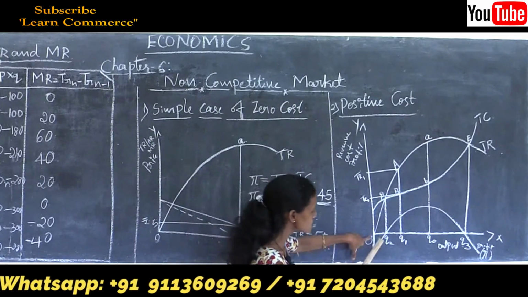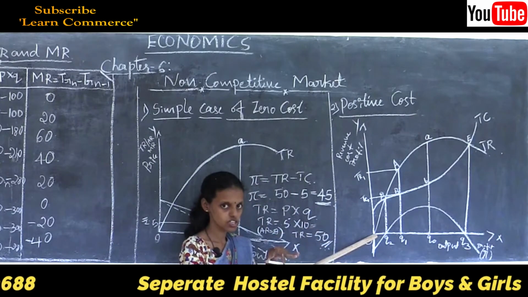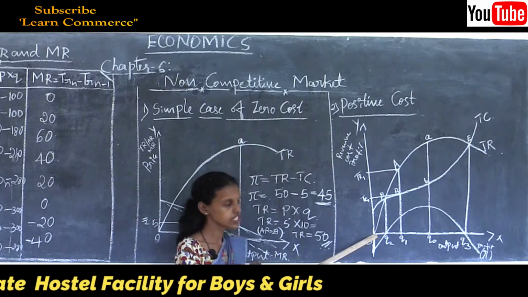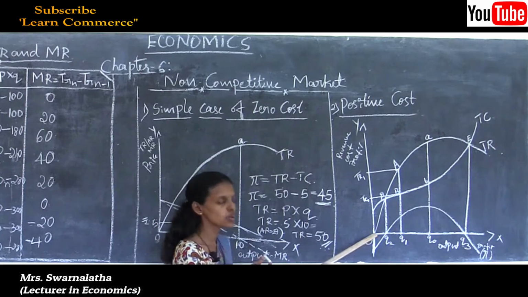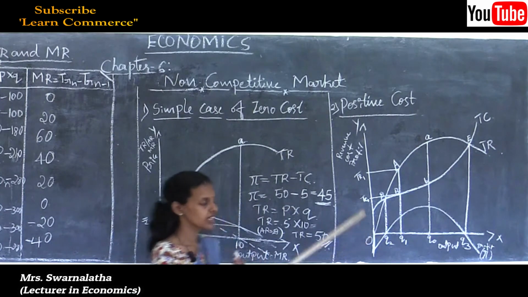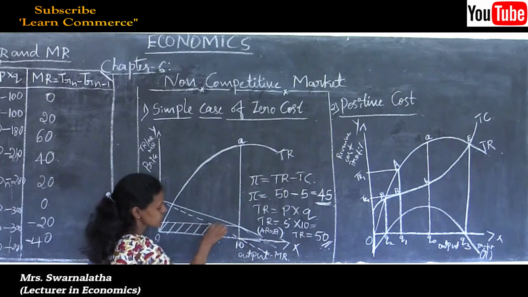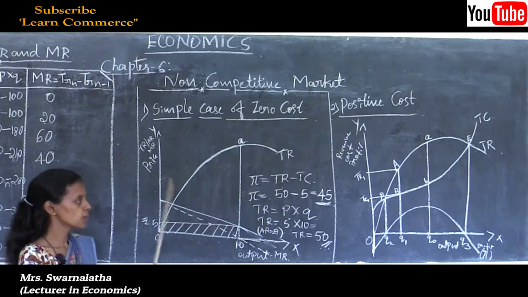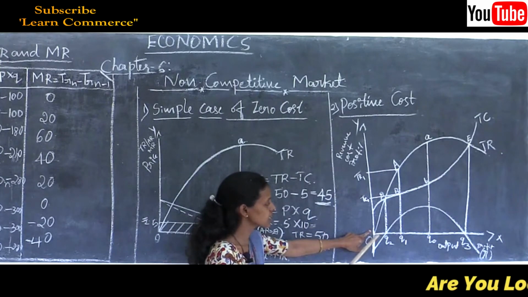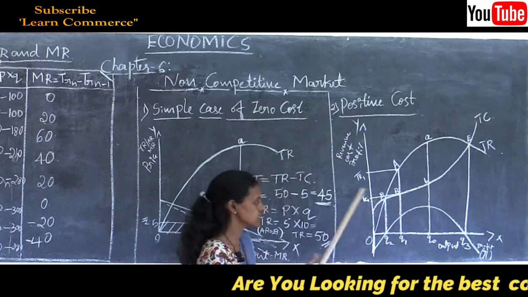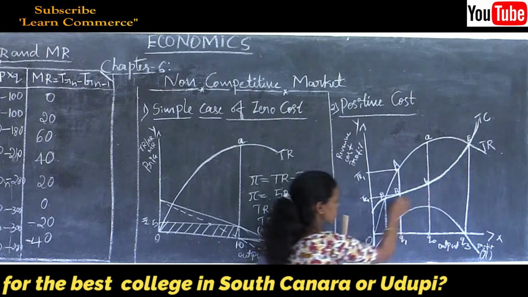So, see here, in the initial stage, with the hope of getting the profit, the monopoly firm is going to start its production from the 0 level. In the initial stage, their cost of production is 0. As we said, the profit area is only this much here in case of simple cost of 0 production. So, with the hope of increasing the profit, they are going to increase their total cost. See here, this is the line that starts from the total cost curve. This is a total cost curve.